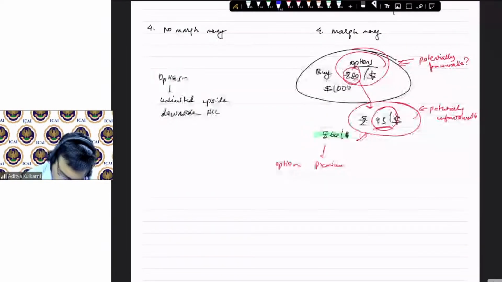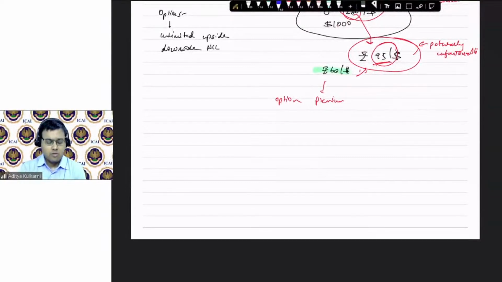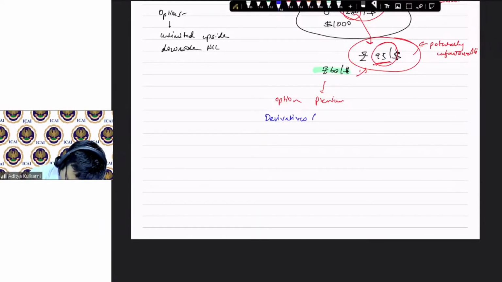Okay, so let us proceed further. Now coming to our derivative instruments. It could be forward, it could be future, it could be options. We have discussed all the three in brief. Those features are enough for us at the moment. If there is anything, we will put that in perspective as the sessions progress. So coming to our next discussion on derivatives, this could be a forward contract, futures contract, or options contract.